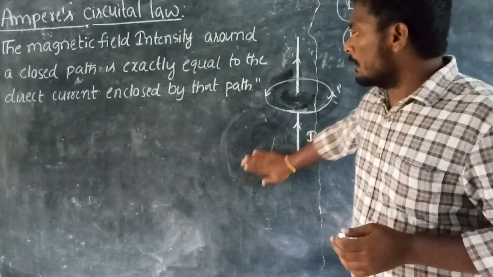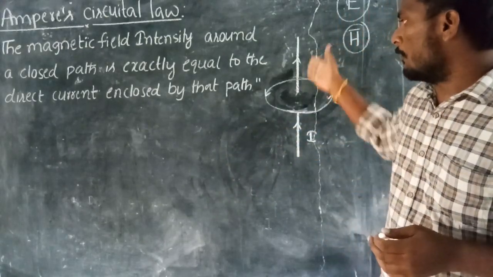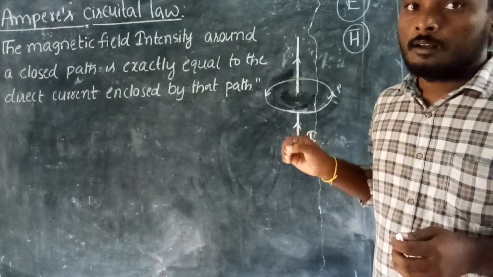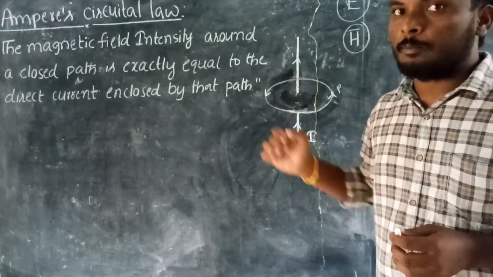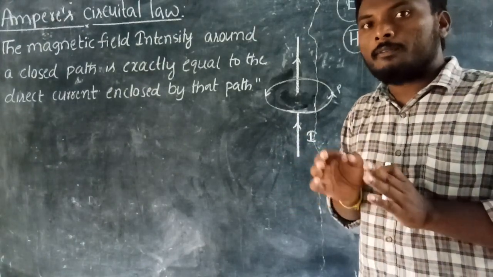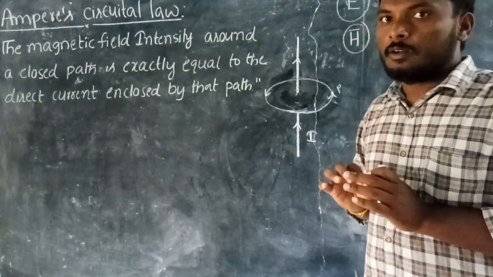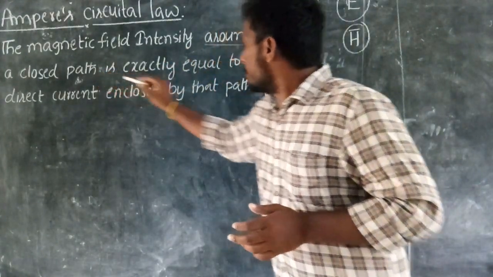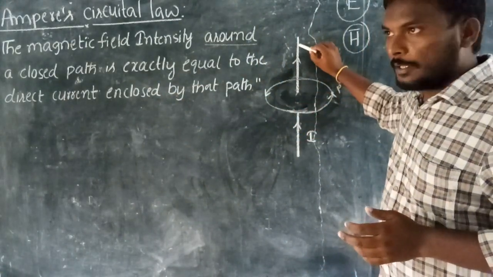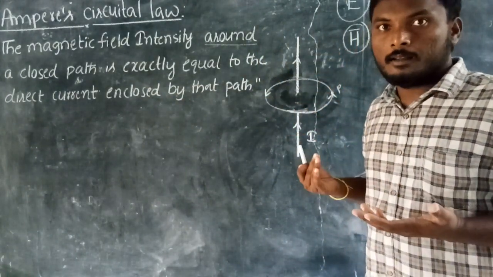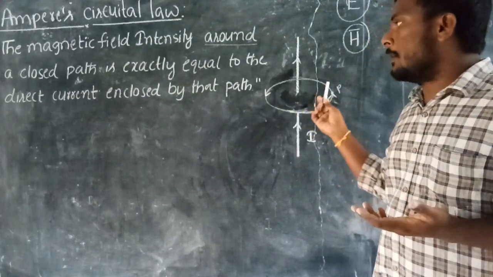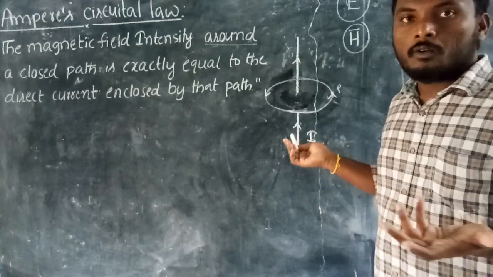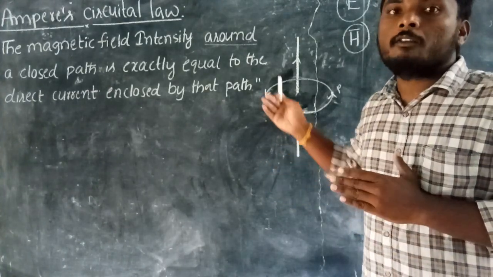According to Ampere circuit law, whenever we consider the equipment, this is a conductor, first of all we have to take a closed path around that equipment. The closed path should preferably be symmetrical. So here I am taking the conductor, and I imagine the direction of magnetic field intensity may be this one. As it is a simple conductor, it is known. For complex problems, we have to take the closed path depending upon the equipment considered.